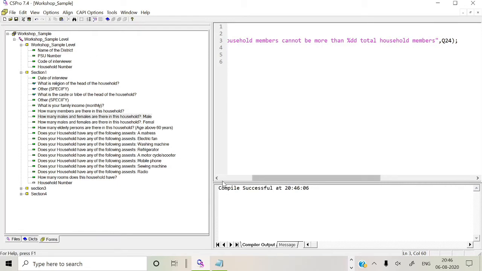So what we have seen here is how the skip pattern works, how the post proc skip pattern works, and how the pre proc can control the variable. Due to time, moving to the next variable. We have seen how the skip pattern works and how we give validation to a component.